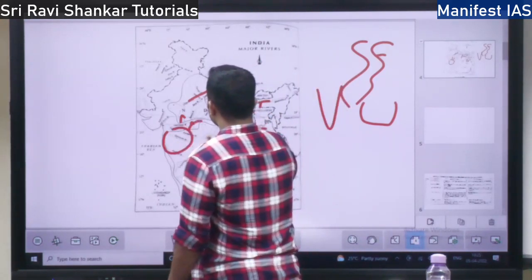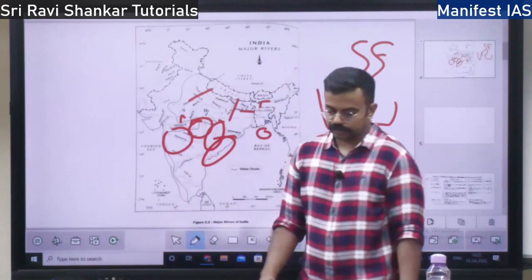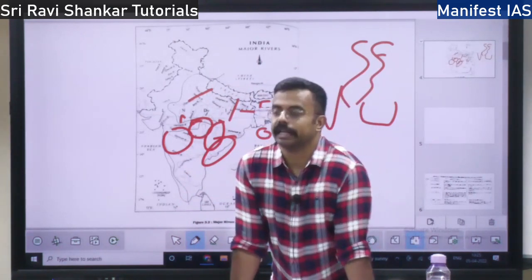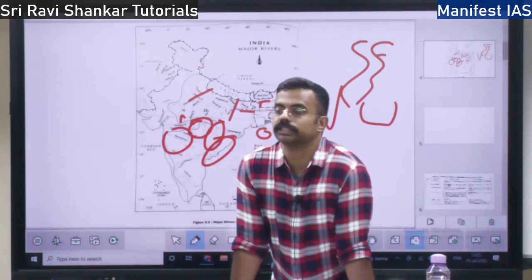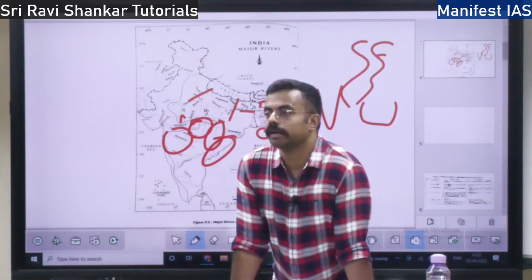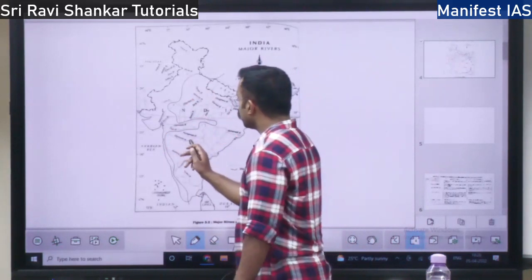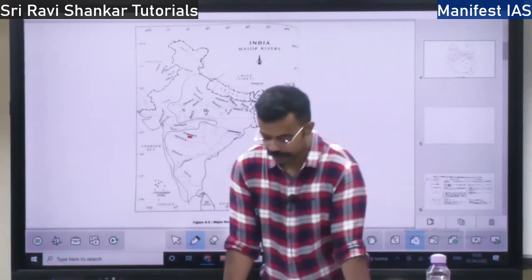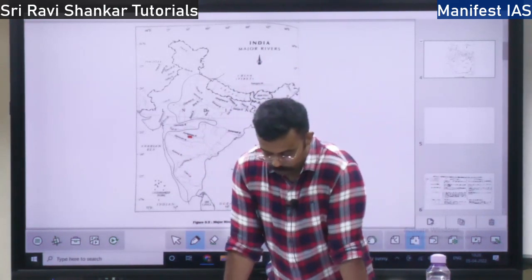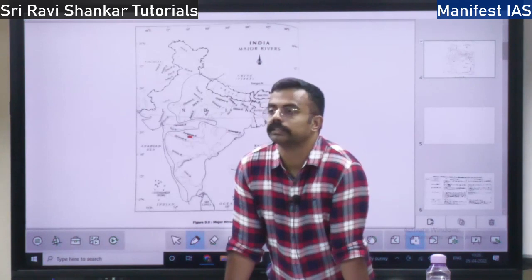Maharashtra, Madhya Pradesh, Chhattisgarh and Andhra Pradesh. So these four regions are where the Godavari River catchment area falls. So what are the tributaries which form the Godavari River? You have the Penganga River, here it is. Then you have the Penganga, Indravati, Pranita and Manjira. So these are the four tributaries of the Godavari